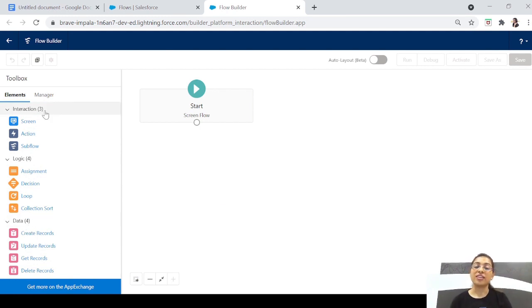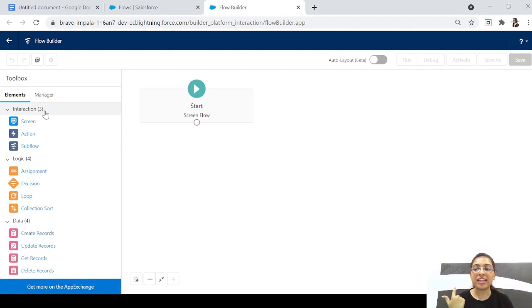First is interaction. In simple words, if I'm talking with you, or you're replying to my conversation, we are basically interacting with each other. Same as that, if we want to interact with someone or with a third party from our flow, we'll use interaction. In our case, that someone can be a third party, client, supplier, customer, anyone. If you want to get data or information from them, we'll use interactions. Okay. Now interaction has three elements.